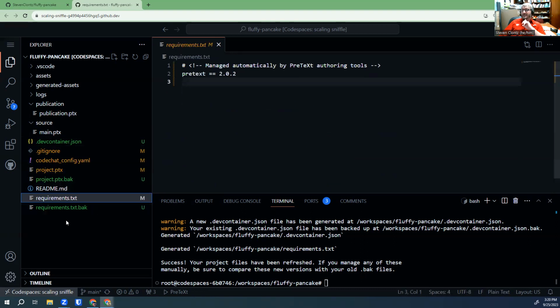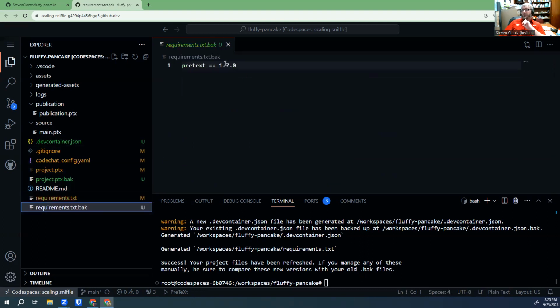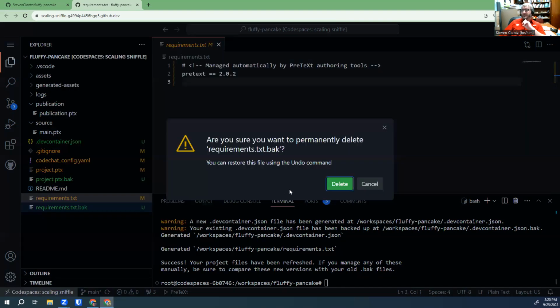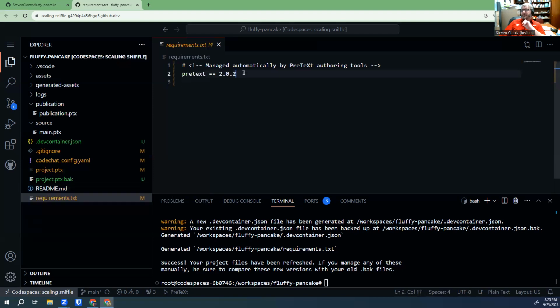The other nice thing is that now the requirements.txt file knows that I upgraded from 1.7.0 to 2.0.2, and because I'm now using that, it's being managed automatically. That helps me remember that what I'm authoring with, and the version of PreTeXt I tell the world I'm using, matches what I'm actually using. So I'm going to delete that backup, and I'm going to have requirements.txt tell the world that I'm using PreTeXt version